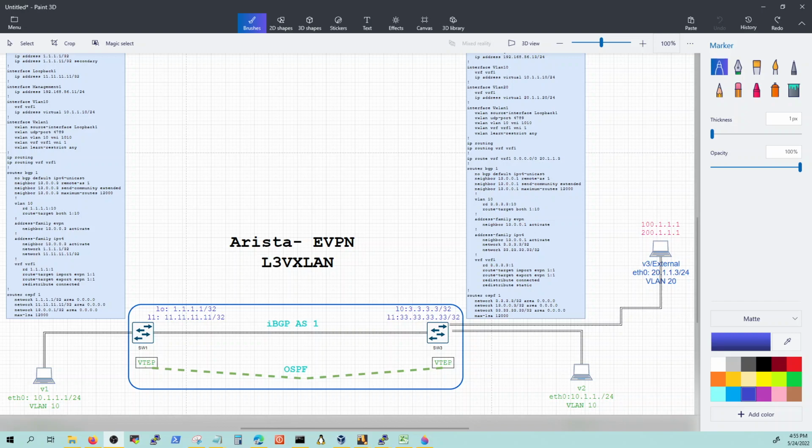So in this video we will talk about Arista's EVPN with L3VXLANs, and I'll go through the setup. What we have here is essentially two switches, switch 1 and switch 2, and they're just directly connected, but this could be a bunch of routers in the middle, it could be a WAN cloud or a core, could be anything, but for simplicity,